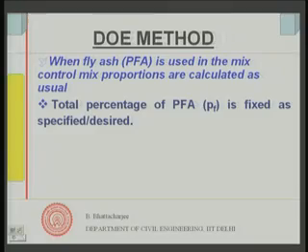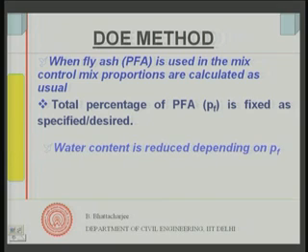Quite often, if it is not a special concrete like high volume fly ash concrete, but normal concrete, one can use whatever percentage is permitted by the code and take benefit of it, because as much as I use in the concrete, that is beneficial both from an environmental point of view and also from an economic point of view. But that decision, how much I am going to use, must be made first, and that percentage of PFA must be known to me.